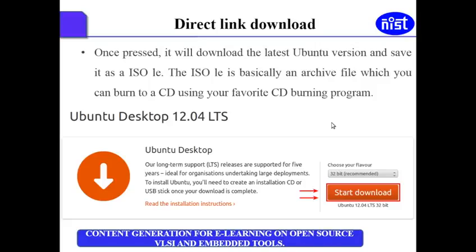So in this process, we need to choose first whether we need to download a 32-bit operating system or a 64-bit operating system. After selecting, we can start the download. In our case, as my hardware is 64-bit, I use the 64-bit download, then start the download.